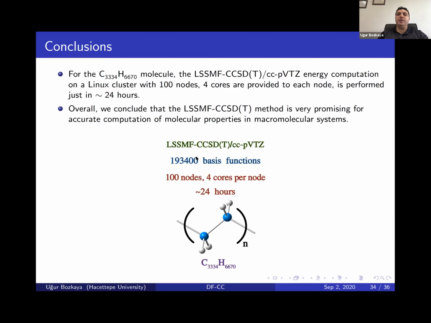If we did this calculation with a canonical CCSD approach, it would include more than 193,000 basis functions. So overall, we conclude that LSSMF-CC approaches are very promising for accurate computation of molecular properties in